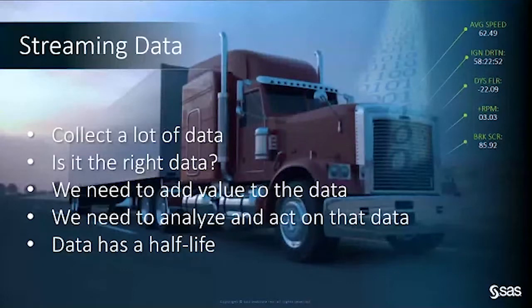So when looking at streaming data, we're going to be collecting a lot of data. You're going to hear numbers coming off of connected vehicles anywhere from a gigabyte to terabytes worth of data. And you have to ask yourself, is all that data the right data? Do we need all of that data to make decisions? Does all that data need to go into our models? Can we transmit all that data? So there's a real question on how to handle that data, what to do with that data, because all that data needs to be prepped before we actually move into analytics.